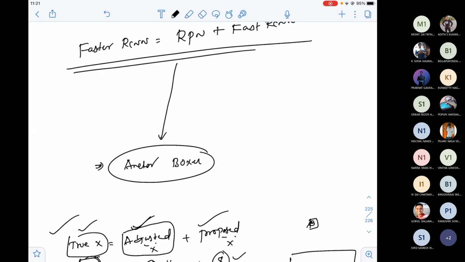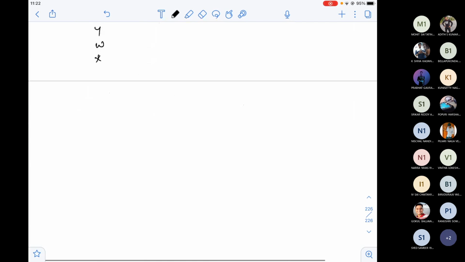That is the reason for calling this an anchor box. The main meaning of anchor is the same thing, because you're not going with original values, you're going with the hook values, that is nothing but adjustment values. For each anchor box you're getting adjusted coordinates. That's the reason they're called anchor boxes. This justification is really not required, but it helps you to remember the concept for a long time.